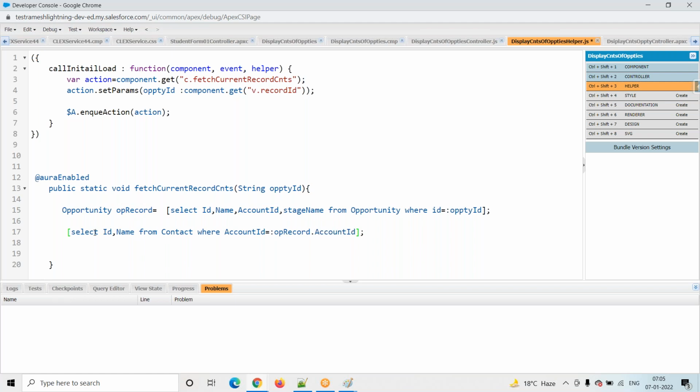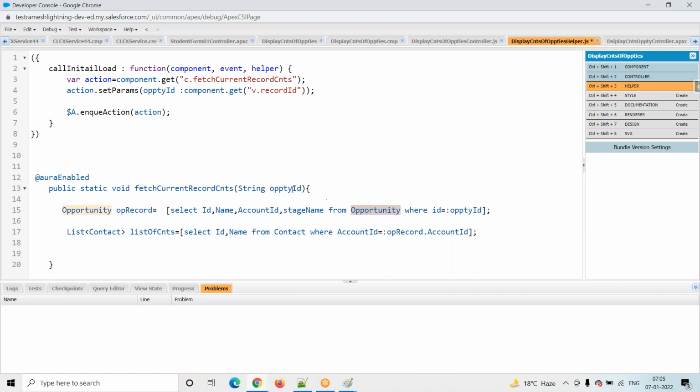Now here we are fetching all the contacts. How many contacts will we fetch? A list of contacts; we are not guaranteed how many. We have to observe why here I am using opportunity directly, but here we are using a list. Here we are guaranteed that with the id only one opportunity record exists, because the opportunity record id is unique.